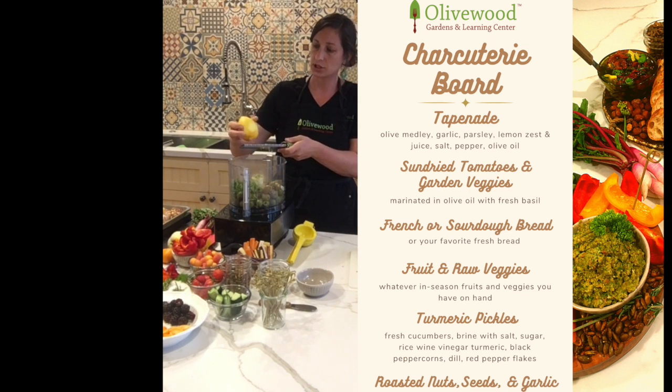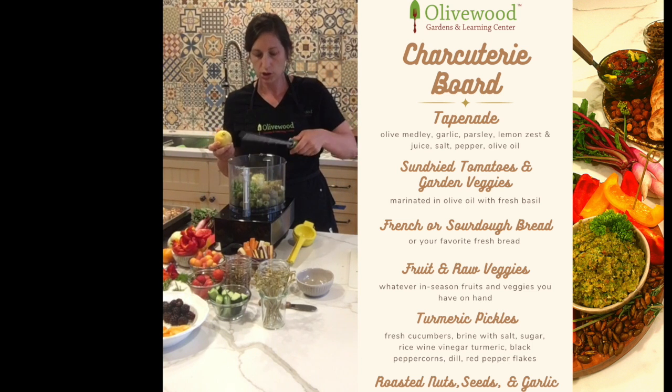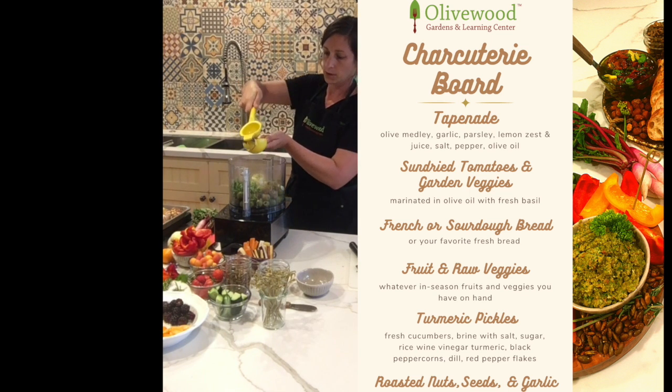If you don't have a zester, you can use a cheese grater, works pretty okay. So I probably have a teaspoon or so of lemon zest, but I'm also going to cut this open and use half of a lemon, half of a juiced lemon. Okay,